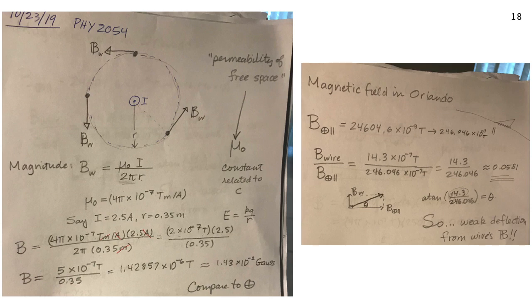You have the source of the field in the numerator, just like the source of the Coulomb field, the charge is in the numerator, KQ over R. You have an R in the denominator, same as for the Coulomb field, all right? So remember, the Coulomb field magnitude is just KQ over R. So mu naught is a little bit like that, except that we encode it with a 2 pi in the